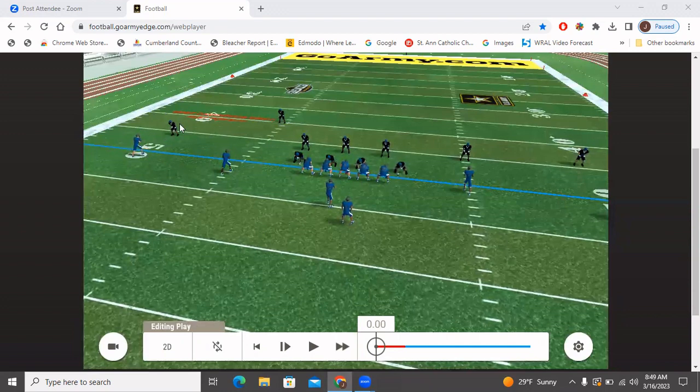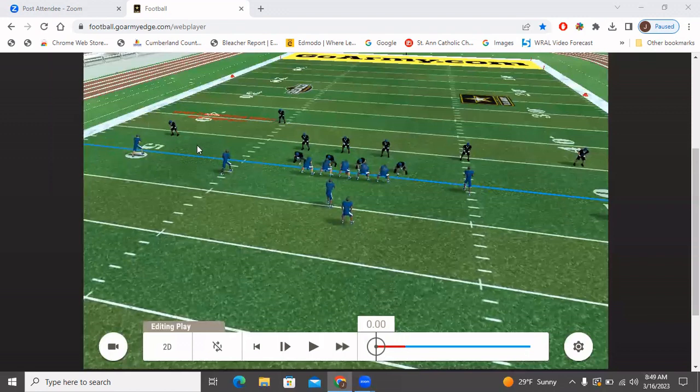This receiver is going to read this block right here and either make a play to the inside. But if he makes a play to the inside, we're going to try our best to get to the outside. So tell this defender or receiver here to try and attack that outside shoulder and seal him to the inside. A lot of times what he'll see is this block, and then he'll try and go make a play on the ball. So he almost sets the block perfectly so that he can attack that outside shoulder and seal him to the